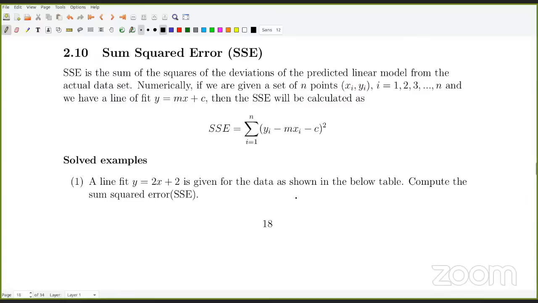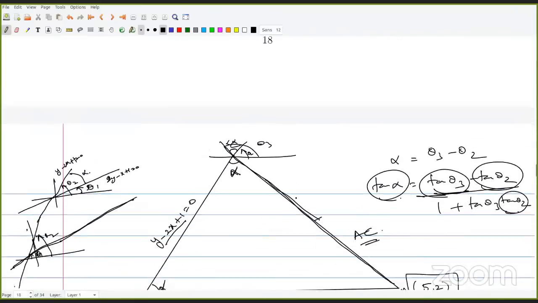We say these particular points are fitting this line or this quadratic or this polynomial. Anything we can give, but the actual data set we will give, along with that, we will give this best fit line. What you have to do is compute the sum squared error. Okay, how we will compute it, in this example, you see,